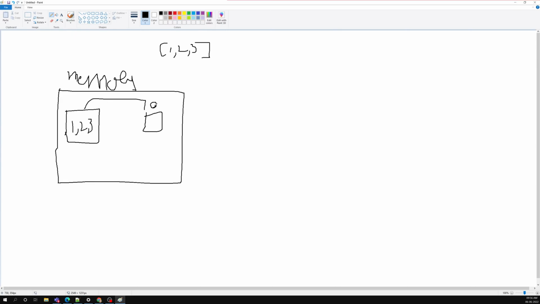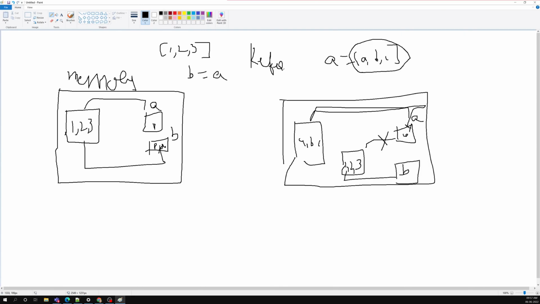So this is all about reference data types and primitive data types. So why do we use these reference data types, why do arrays and objects follow these reference data types? It is because of the